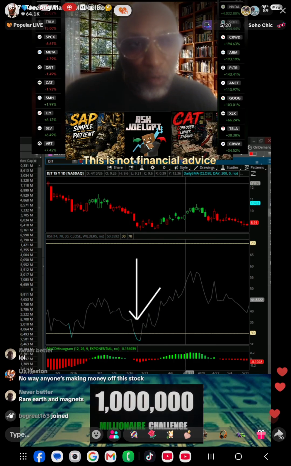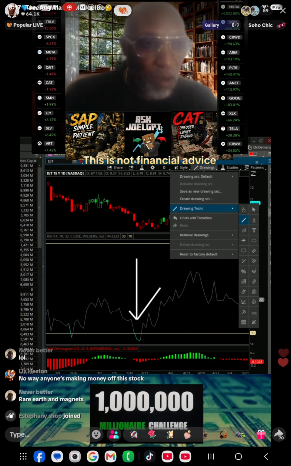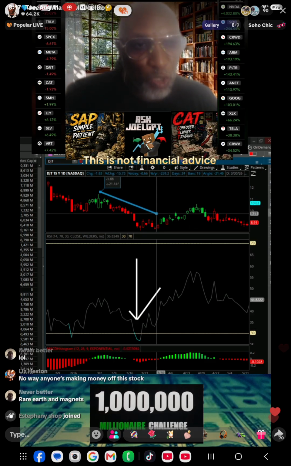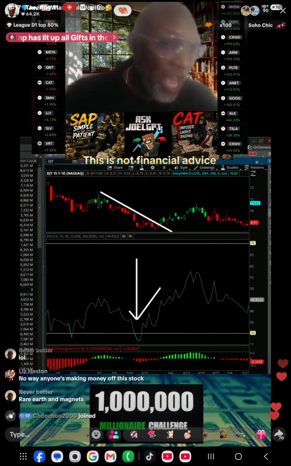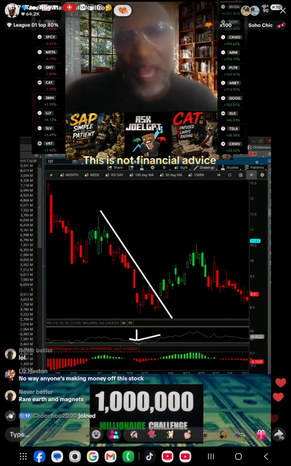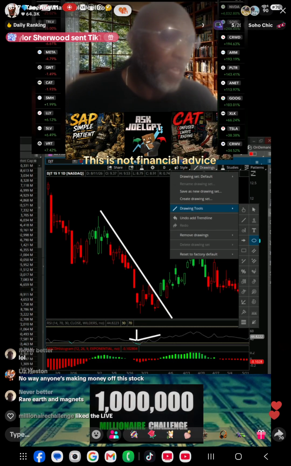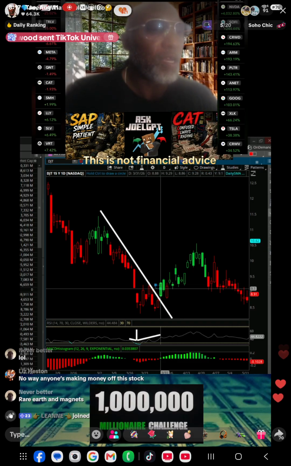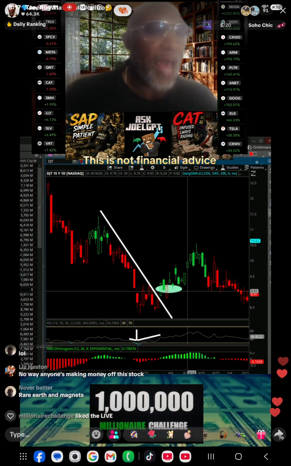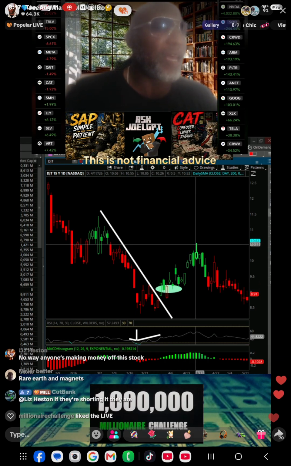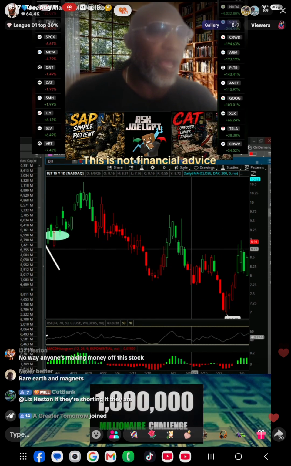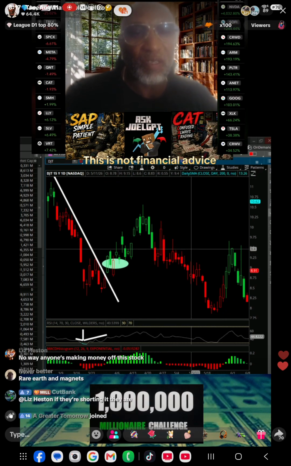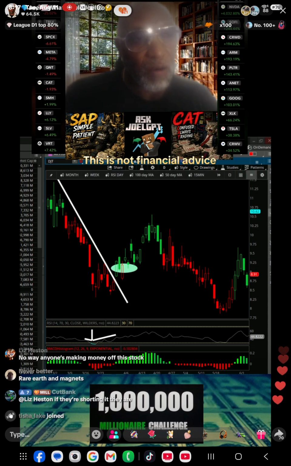It went oversold. If you were using the what would Joel do method, all you're going to do is draw one trend line just like this. Once we break that trend line, take a shot at it. That might be the move that you're looking for. DJT went from $9 all the way to $10.50, and then it turned around and went all the way down to $7. So I would have bought it here.